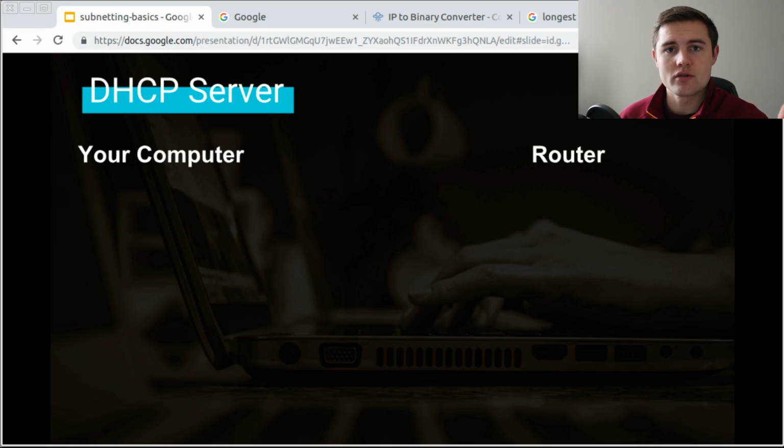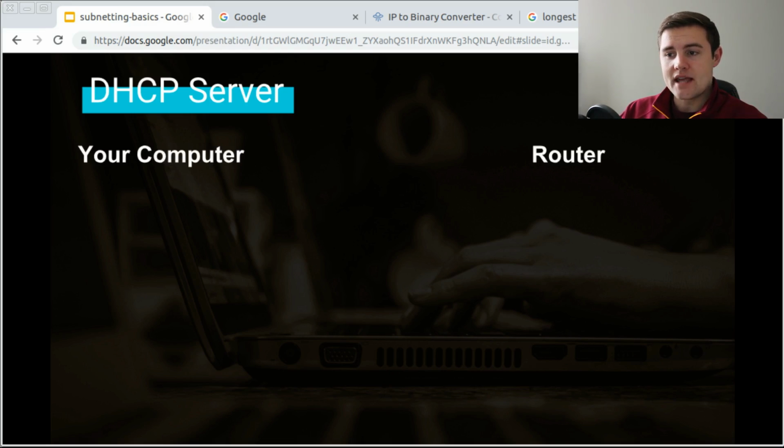First, it will check to make sure that your password is correct, obviously. And if it is correct, then it's going to identify your device by its MAC address. Now, this is not like Mac, like Apple computers. This is the Media Access Control, I believe. And this is a unique identifier that a manufacturer assigns to any physical device. So therefore, your computer has a unique MAC address, and that will never change. So that is how your computer is first identified by the router on the network once the password has been